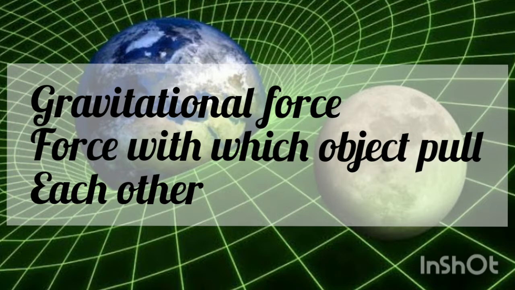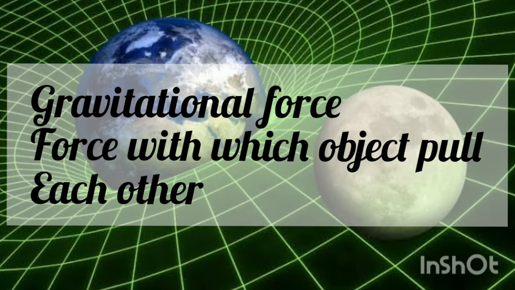Now, it is also the gravitational force that causes the ball thrown up to fall back to the ground. So, gravitational force makes the earth move around the sun and also makes the moon go around the earth. So, when you take the weight of an object, the weight of an object is nothing but gravitational force of earth acting on us.